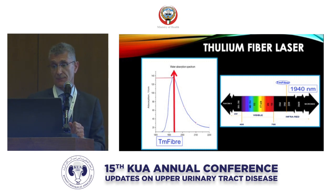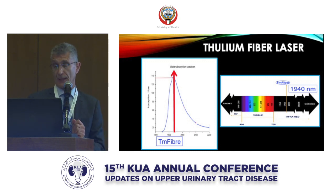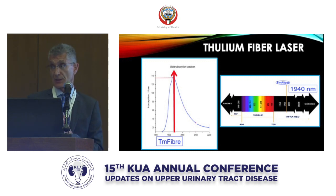And so just a simple matter of decreasing your laser fiber diameter from 200 microns, which would be the smallest holmium YAG laser fiber that's on the market, to say something that's 100 microns, like for thulium fiber lasers, you're increasing the energy density by 4. So that really allows a much quicker and more ablative effect. So that's